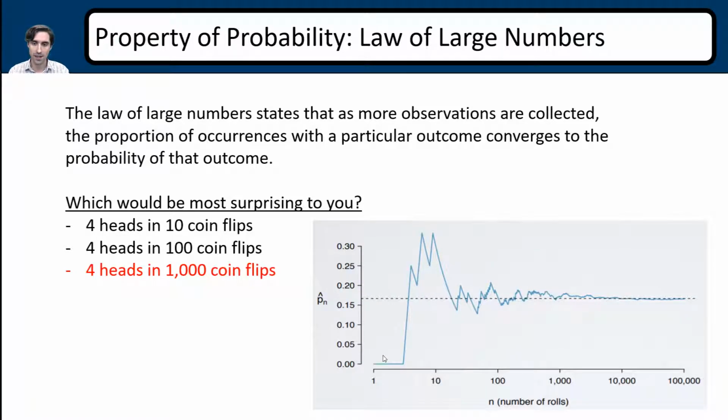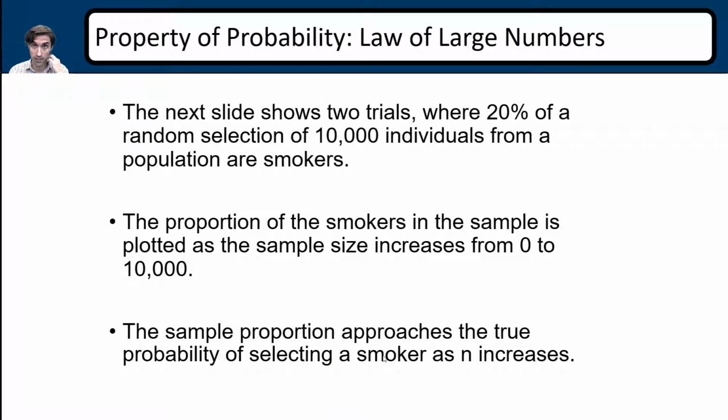I'm just going to skip by this because it will throw you off on the analogy, or the example, that I just gave. But I will show a better one here in a second. So the law of large numbers, I'll show you here, is the proportion of smokers in the same sample, plotted